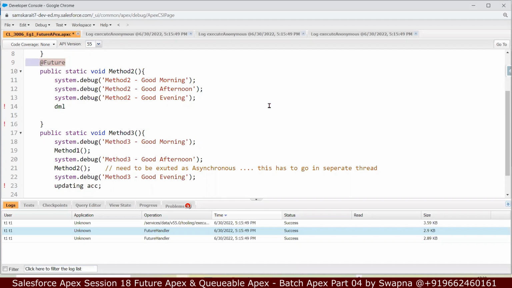For example, the user updated the account details, and as soon as they click the save button, I want to update another field. If that is an immediate action that you need to do, then do not go with the future method. But if there is something which you can wait for,